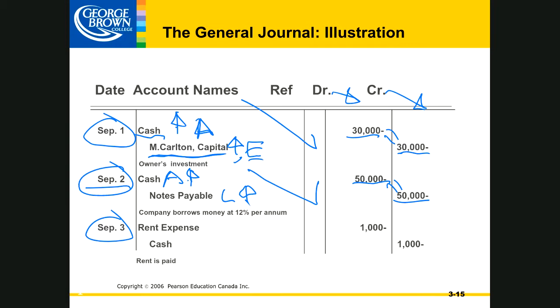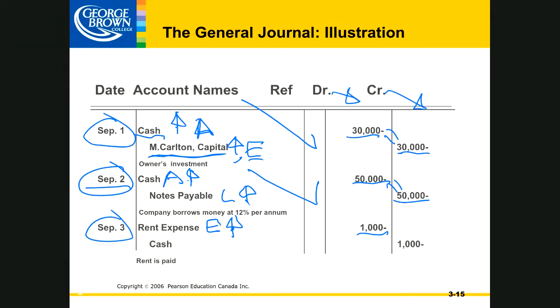Our last example here is us paying rent. Okay, so we're showing that we were paying an expense. So we paid our rent for $1,000. Said nobody ever. I don't remember when rent was $1,000 for anybody. We have our rent expense, which is an expense account, and it's increasing to show that we're paying the account or the expense. So we debit the expense account to show that the amount of money we've paid for that